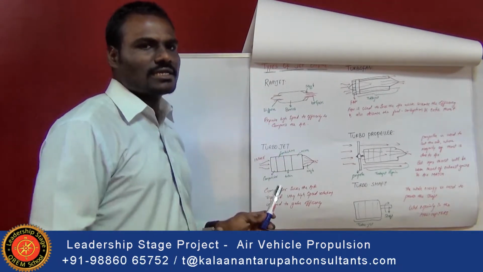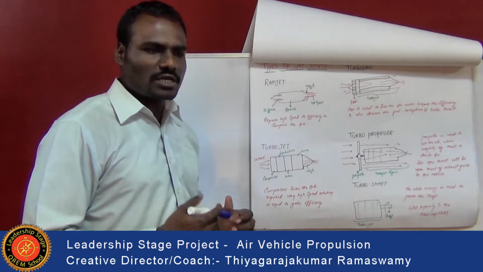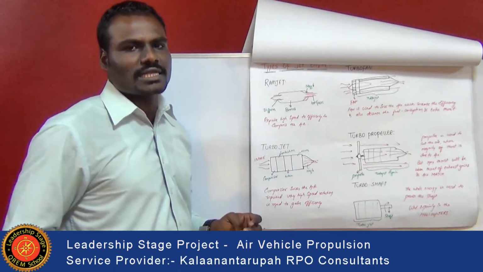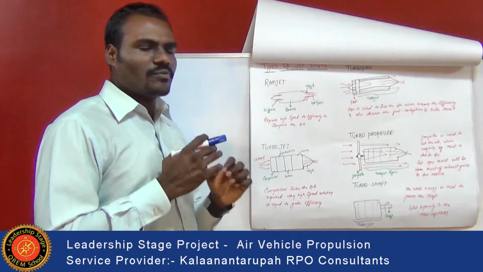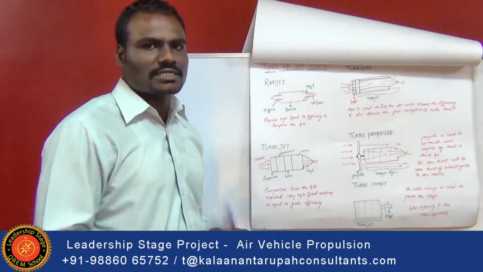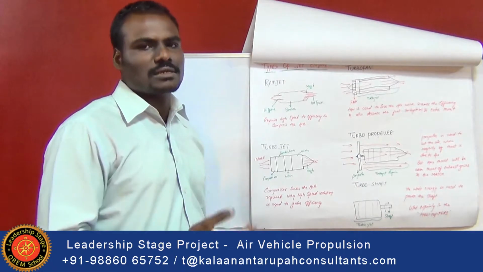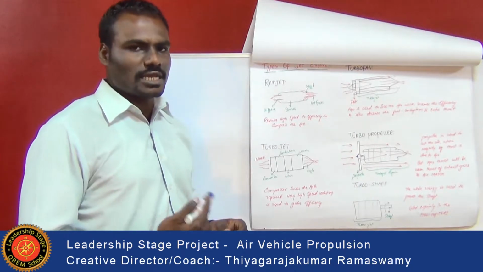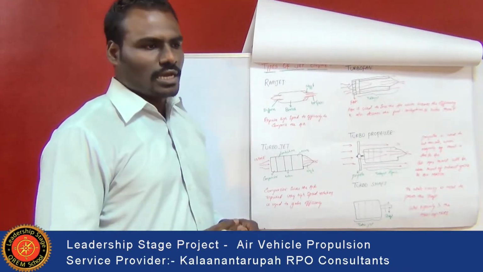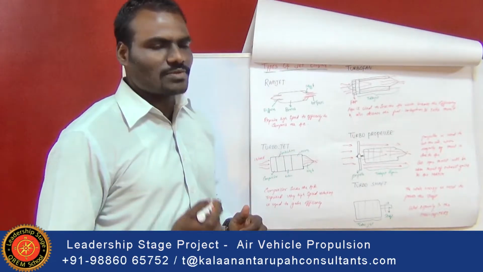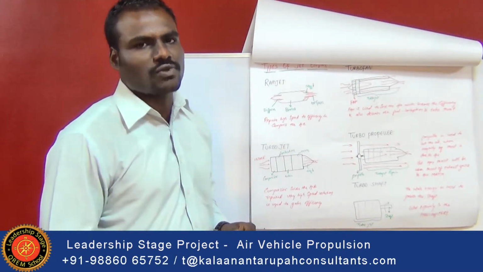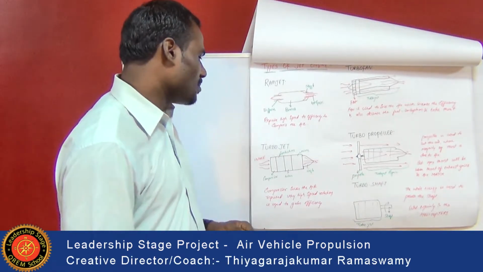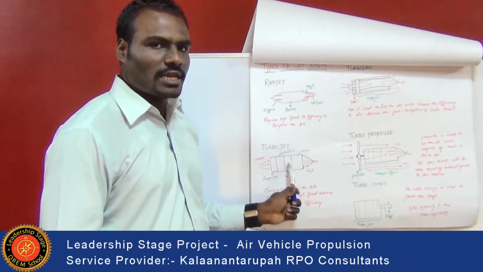and is directly subjected to the compressor, and the compressor helps in increasing the pressure and temperature of the sucked air, the entire air which is coming inside the nacelle structure. This mass flow rate of the air is entirely subjected to the combustion chamber, and the temperature and pressure of the air is increased at this area. With respect to the fuel supply, the mass flow rate of the air which has been sucked is ignited, and the power is transmitted to the turbine, where we can reduce the pressure of the air